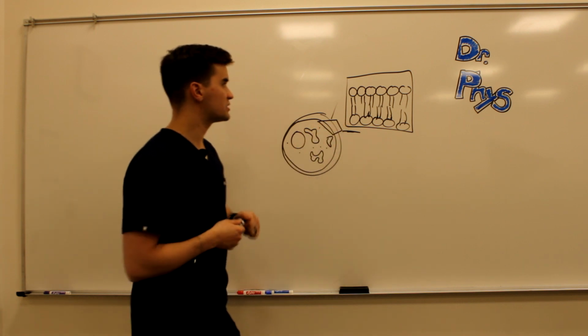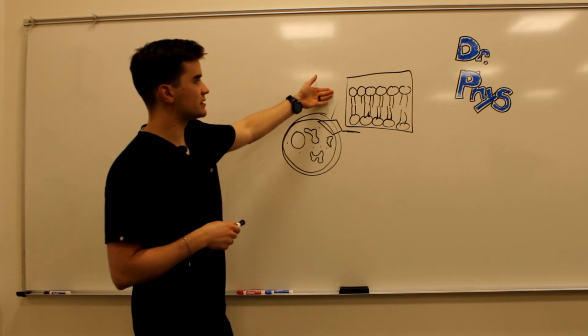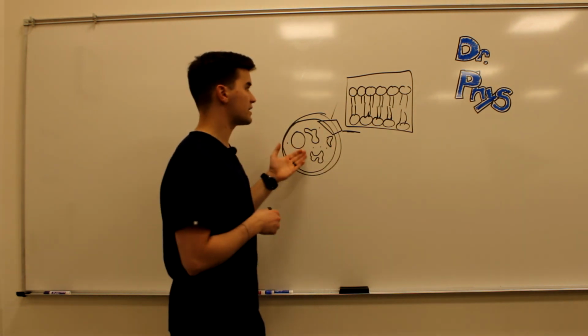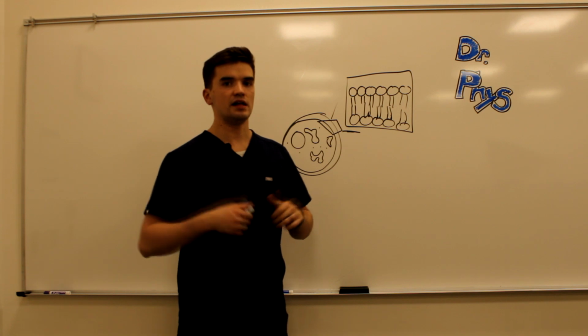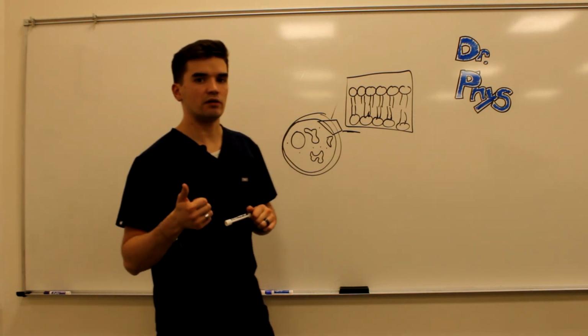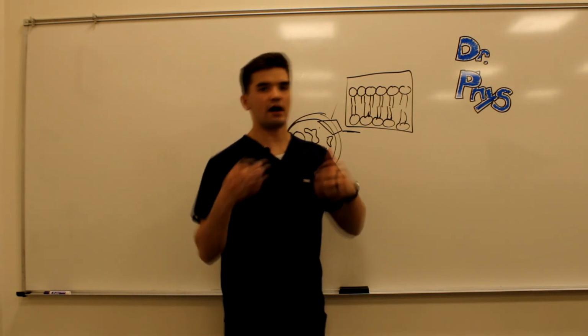The same principle applies with plasma membranes: plasma membranes are kind of the gate guard or the barrier between the inside of the cell and the outside of the cell, and they determine what goes in and what goes out of the cell. So let's talk about different ways that ions or molecules can go in and out of a cell.